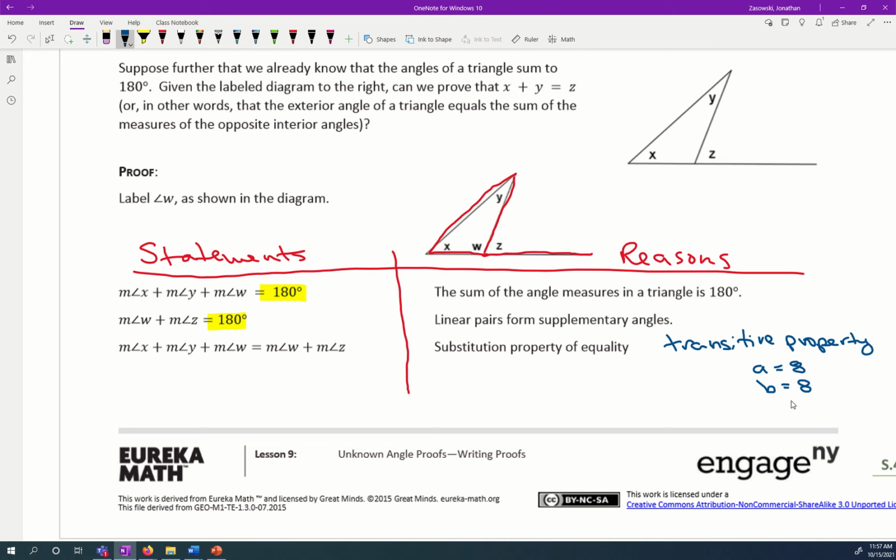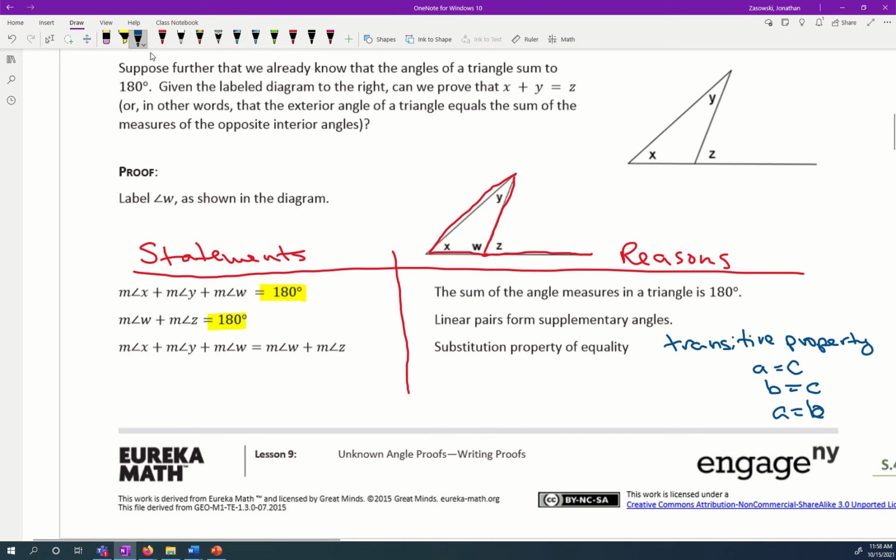They're equal, right? And a lot of times, instead of 8, you'll see something like C. So if A is equal to C and B is equal to C, since they're both equal to C, they're equal to each other. A is equal to B, okay? That's what transitive is, it's like setting equal, that's it. Make sense? Okay, now,